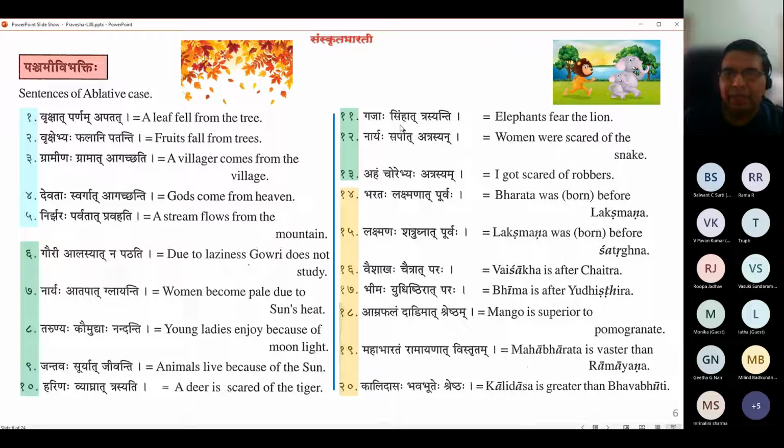So there is no tense associated with the noun. Simhat, Sarpat, Chorebhya: tense is associated with the verb. So this is the important distinction for us. Now let us take another volunteer's help for the yellow set. Brunalini Sharma Varye.